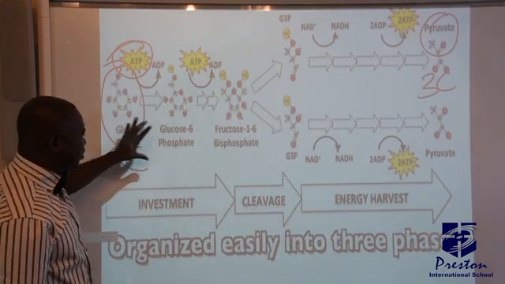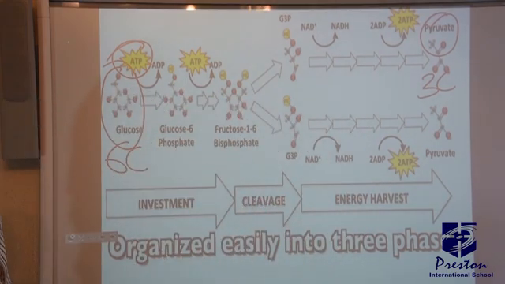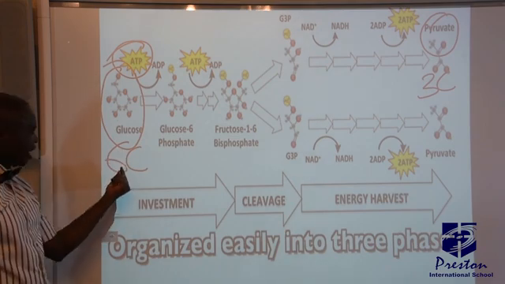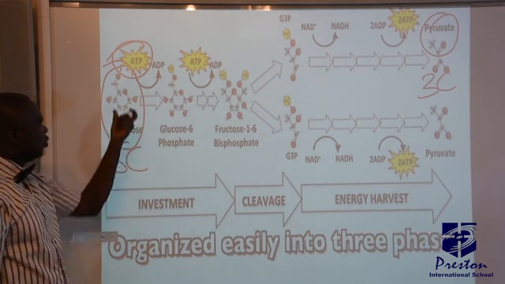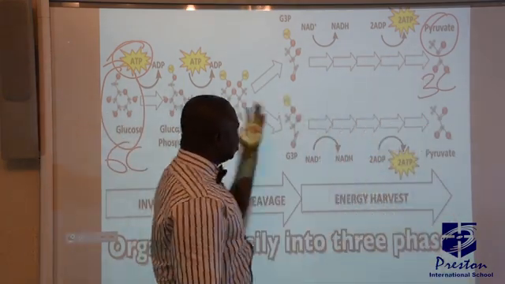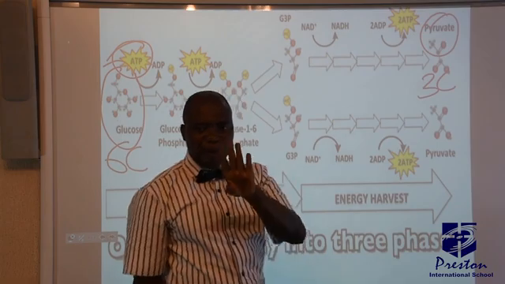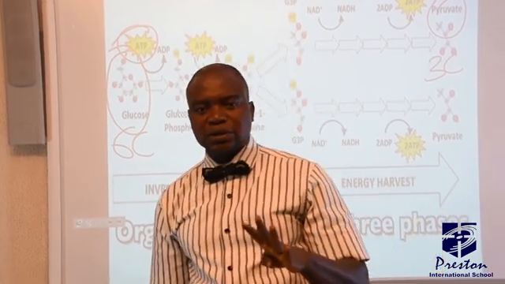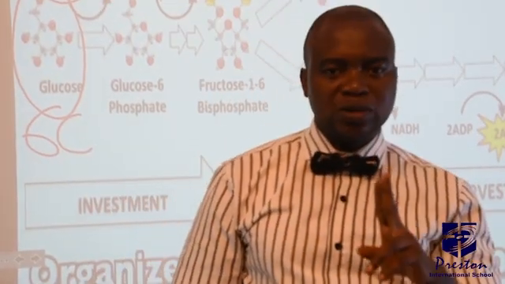So this is just a tip of what I'll be discussing with you in this class today. One will have the 6-carbon compound glucose broken down with the help of ATP into pyruvate. By the end of this process, 4 molecules of ATP are produced. Like I said, out of these 4, 2 are borrowed, and the net will be 2. If you take the 2 borrowed from the 4 gross produced, then you have 2 net produced by the end of the day. So today we'll be looking into glycolysis.